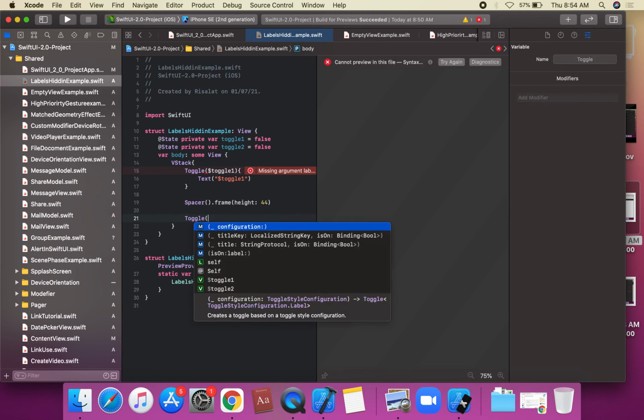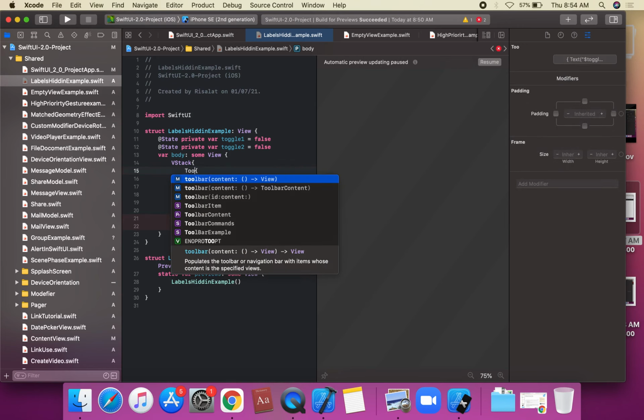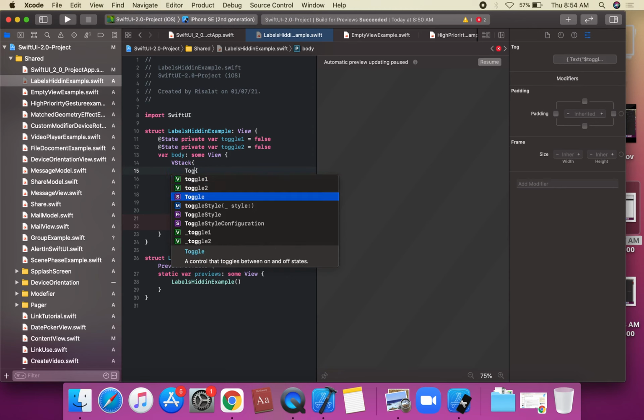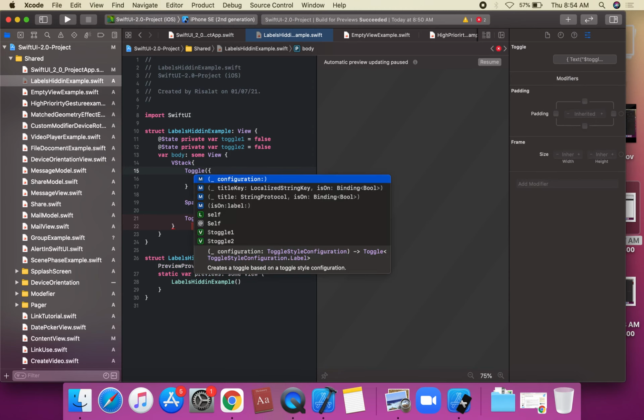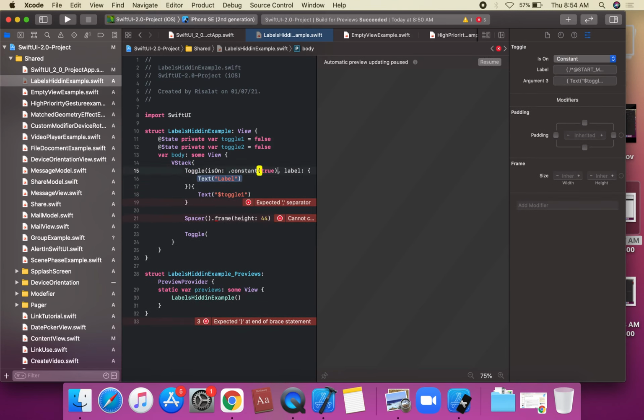Then we create a Toggle and bind it. For Toggle, we can change the initializer to the isOn initializer with labels. We can remove the content, bind this property toggle1, and the label is our label.